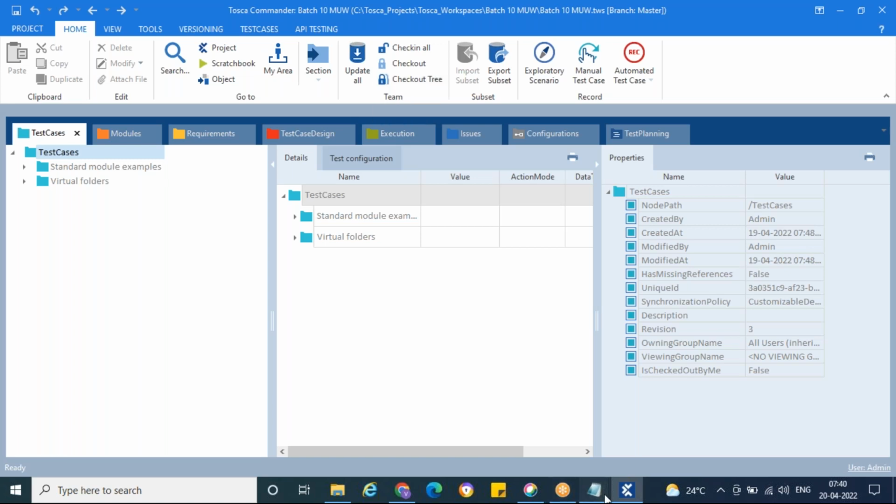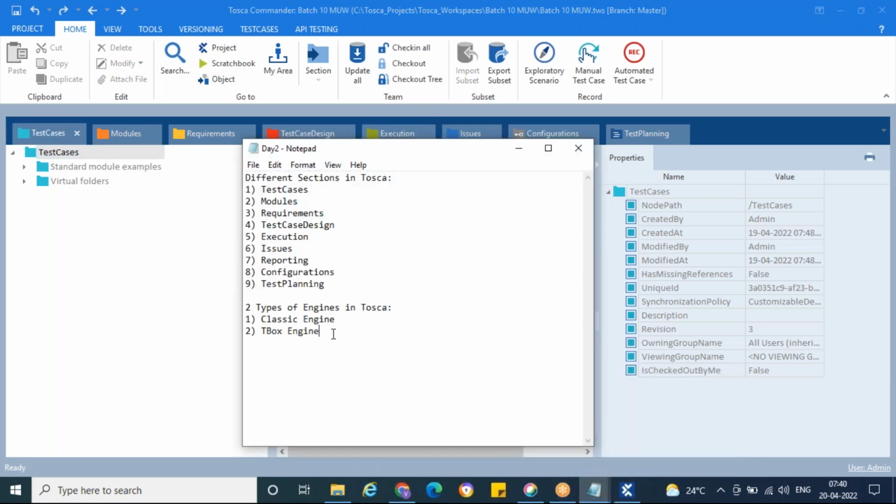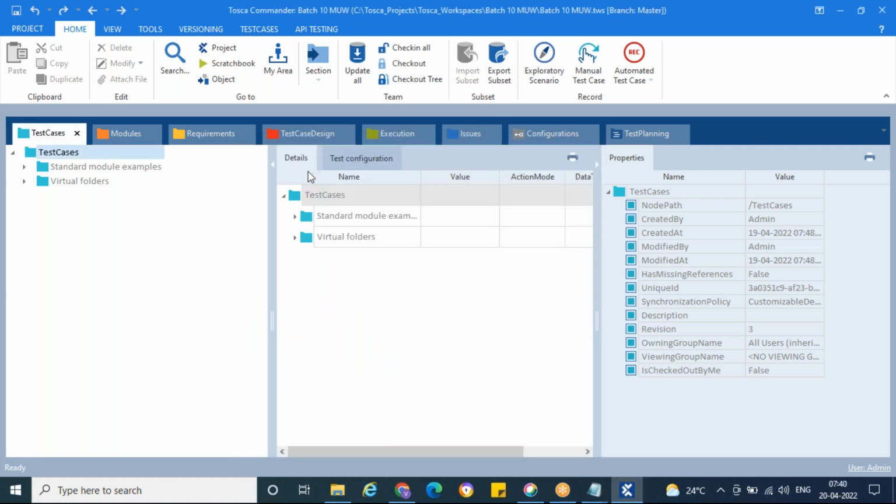Okay, so let me open team. Single user workspace, team will be disabled. Multi-user workspace, team is enabled. Okay, and